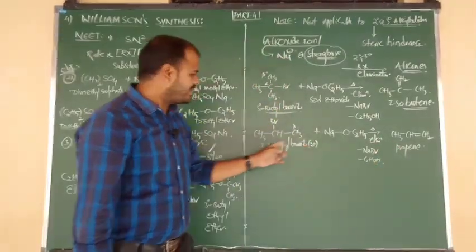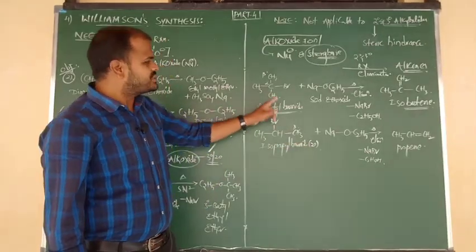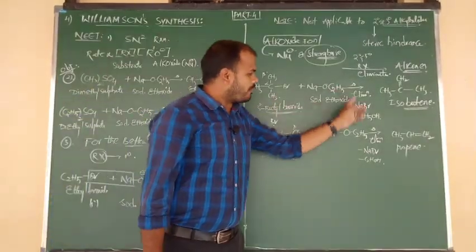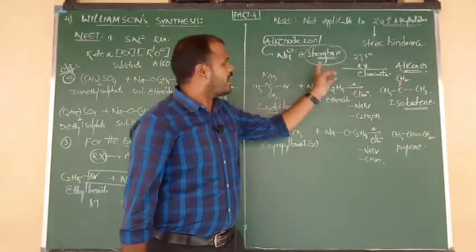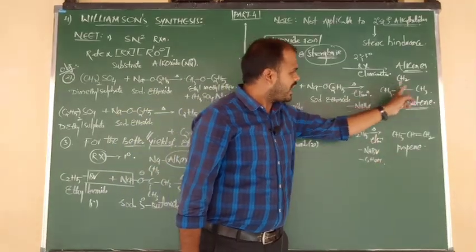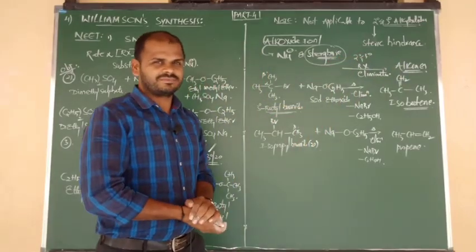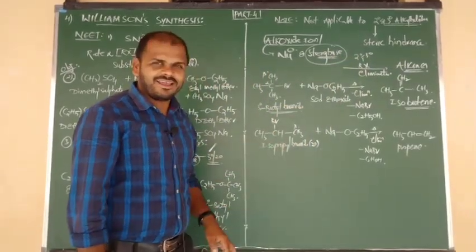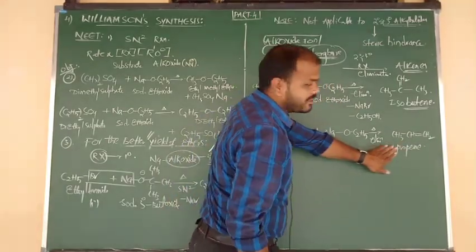Again you are getting an alkene upon elimination from a secondary alkyl halide. So secondary and tertiary alkyl halides, upon heating with sodium alkoxide, due to steric hindrance and the strongly basic alkoxide ion, undergo elimination. Again they are going to form alkenes as the product. But from a secondary alkyl halide, along with the alkene, you will get another product, ether.